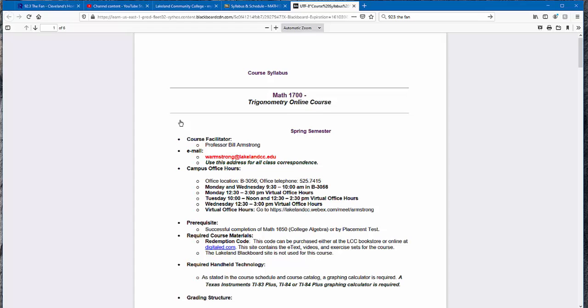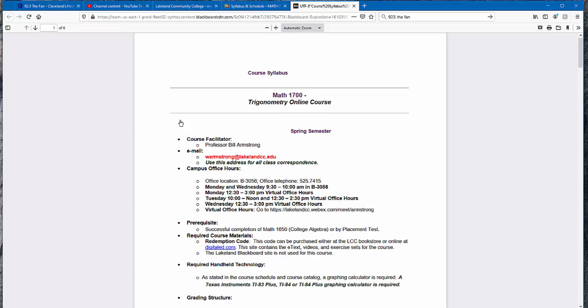Let's see. The first thing I want to highlight here is my email address. You see my email address that's listed there. That's the email address you have to use to send me an email. I'm mentioning this, and I'll probably mention it more than once because sometimes people just use the wrong email address. You know, they just type WA into the address part, and they just click on whatever pops up, and it's not me. So this is the email address you have to use to send me an email.